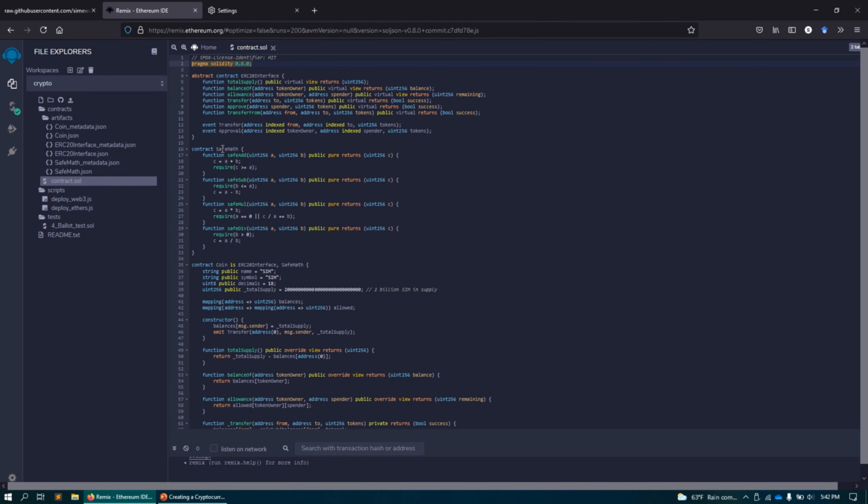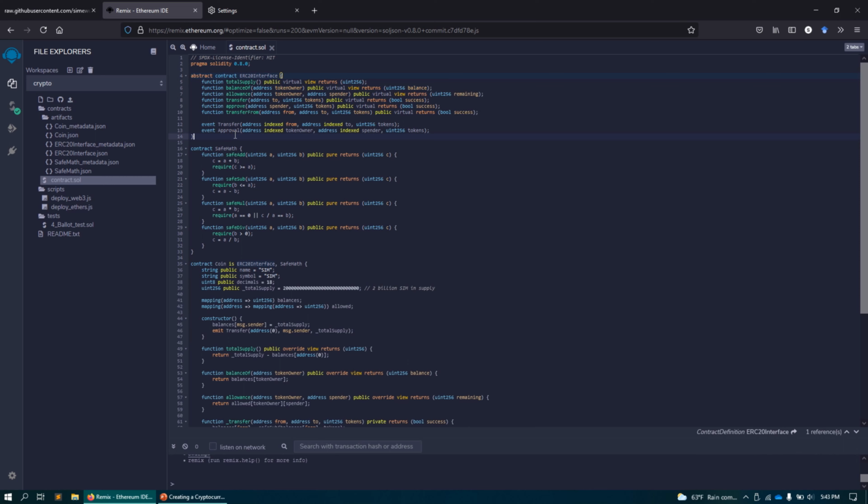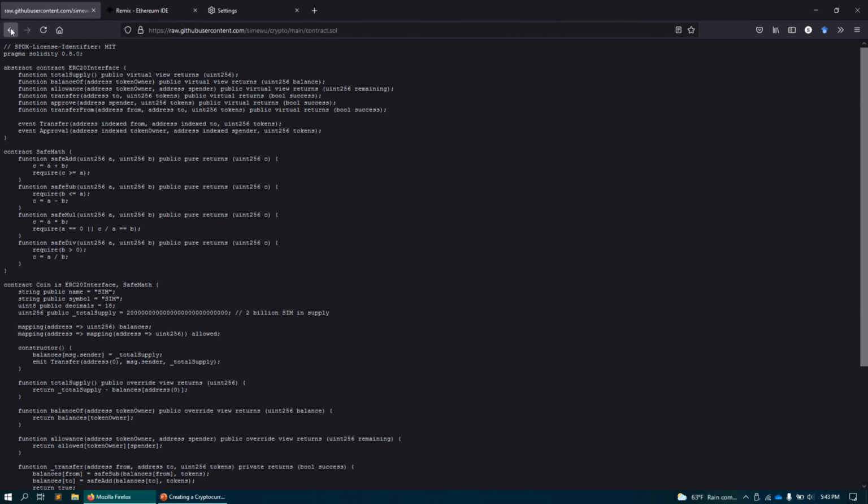But yeah, now it's inside of Remix. So we use GitHub and Remix. It may seem kind of redundant to use two different places to store the source code, but Remix IDE is stored inside of local storage, meaning that as soon as you clear the browser storage, all of this is going to be removed. So to counter that, we use GitHub as sort of a permanent storage place for